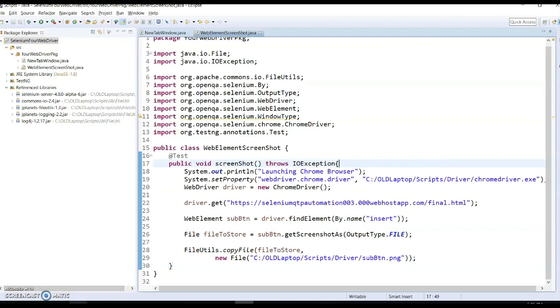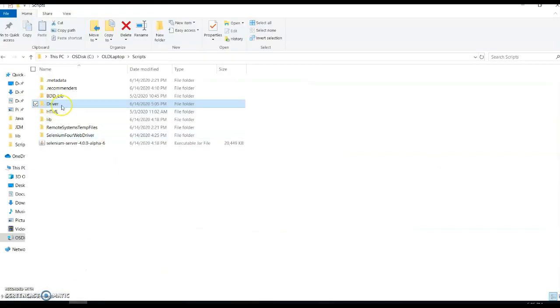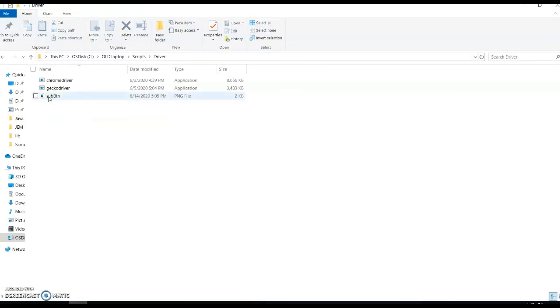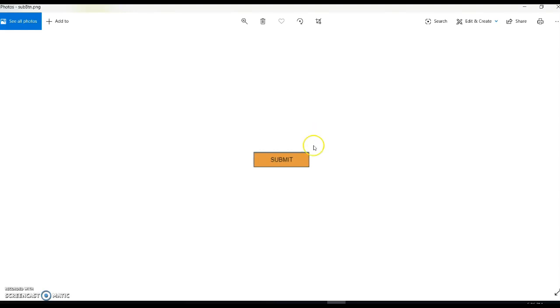So we can go back to our site, and we said we have saved in the driver. Okay, yes, if you can see, just now it is storing, and I am opening this. If you can see, yes. So it takes the screenshot of submit button. So this is how the Selenium 4 helps you to take any of the screenshot for any of the web application. So basically,